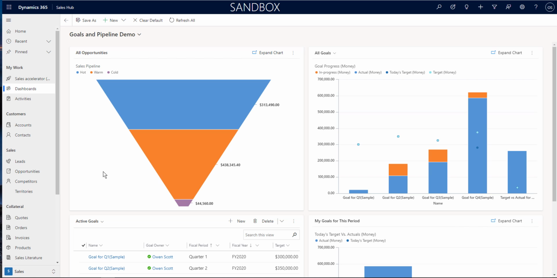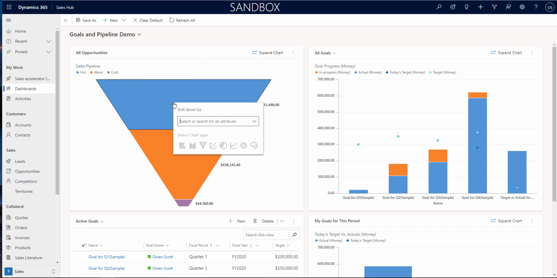So I do want to briefly talk a little bit about dashboards, just because they are in fact very useful and also interactive. So not only do you get to see the information in the context that you want to see it, and it can be any information you have in here, you can also interact with the dashboard. So for instance, this is just one dashboard component. Any dashboard component can do this. You can just click on any part of the field and then drill down on any of the attributes that make sense. So for instance, if I want to see a list of these accounts, which are in fact the hot opportunities,